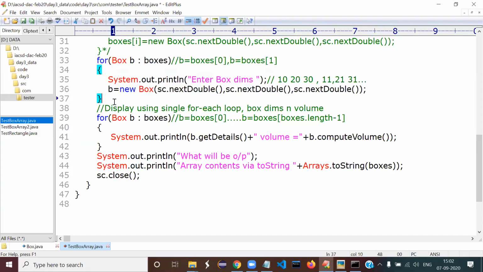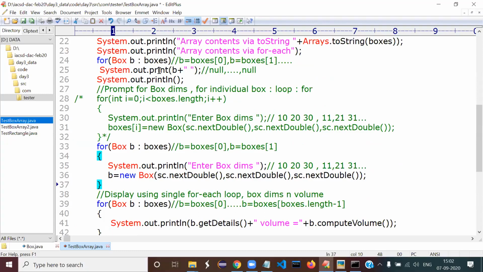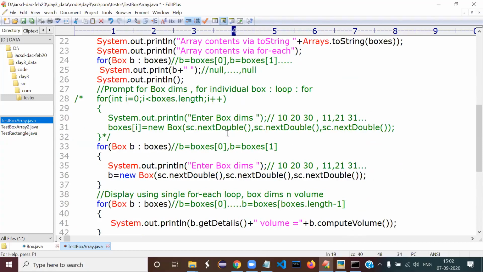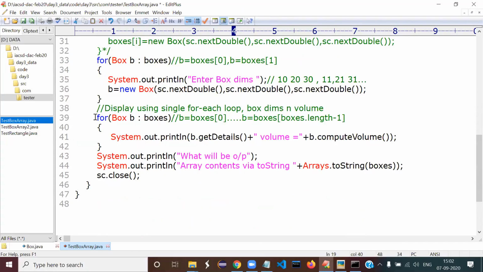But the important question is, what are the contents of this array? You remember we have created this array object. What are the contents of this array, guys? It is filled with null. Are you getting it? And anytime you try to access anything, a null pointer exception is guaranteed. Null pointer exception is the easiest exception to solve in Java. See, the JVM tells you the line number. So you just go to the line number where you are calling these 2 methods, and you have to understand that somewhere this B must be null. So this is the explanation.